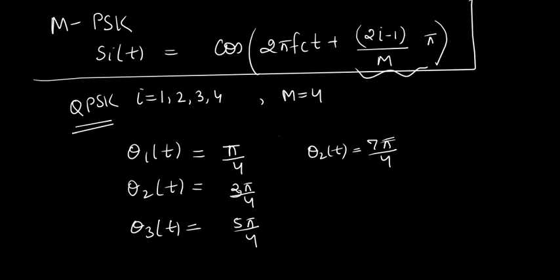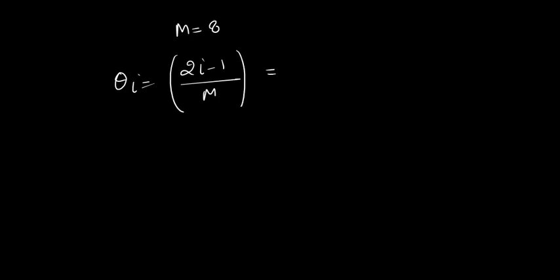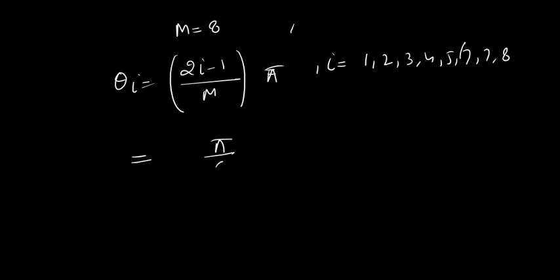Okay. So if there are 8 points, our theta follows this. So you have to put i as 1, 2, 3, 4, 5, 6, 7, 8. So pi by 8,